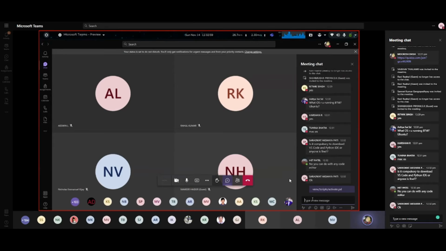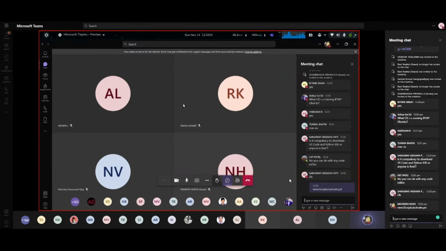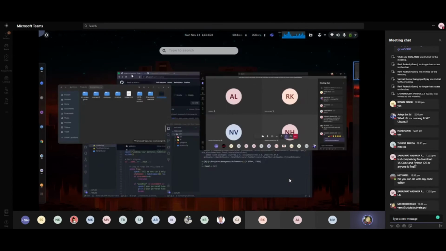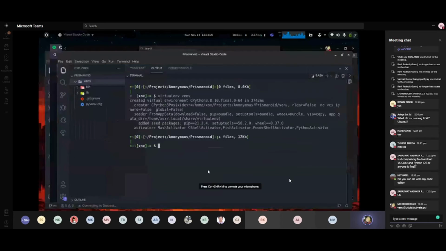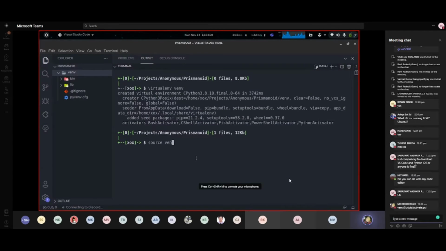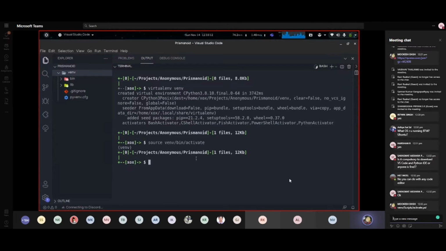This command will activate the virtual environment in your PowerShell. For Linux though, I need to write source venv/bin/activate. This will activate my virtual environment in my terminal.